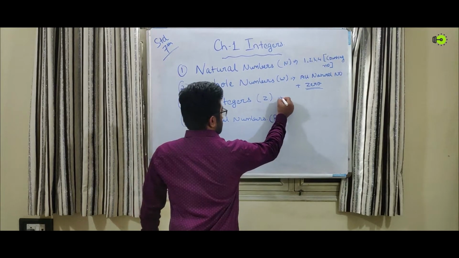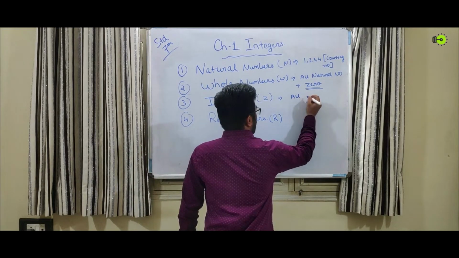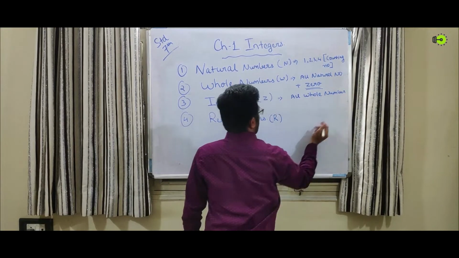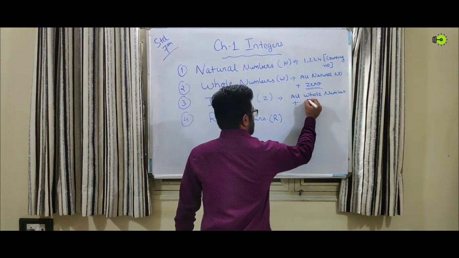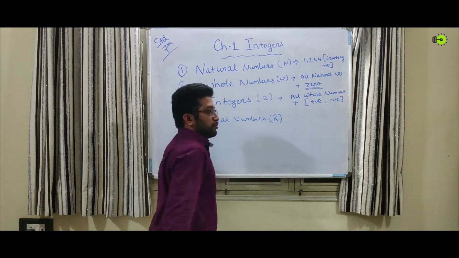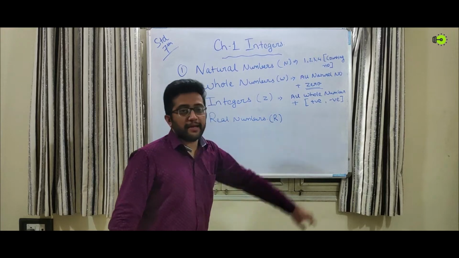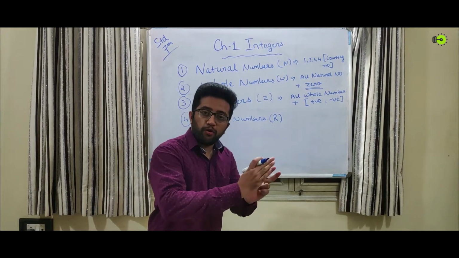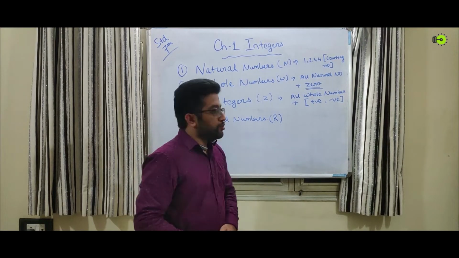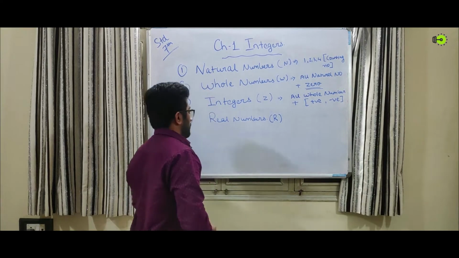Now the topic of interest, which is integers. Integers are all whole numbers plus their positives as well as their negatives. So this includes all whole numbers including 0 with their positives and negatives. For example, 0, 1, 2, 3, 4, and 0, negative 1, negative 2, negative 3, negative 4 and so on. So integers are a set of numbers which includes all the positive ones as well as the negative ones.